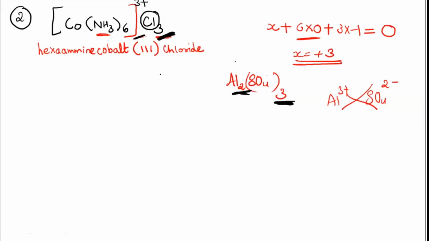No, usually it is metal, no? See, metal will always carry a positive charge. So always the Roman numeral, the oxidation state, is written for the metal. They will never have a minus charge, okay? The coordination sphere can have a minus charge, but the metal will not carry a minus charge. Yeah? Okay, any other confusion, students?